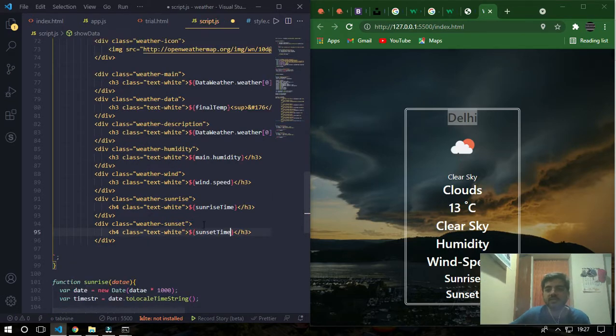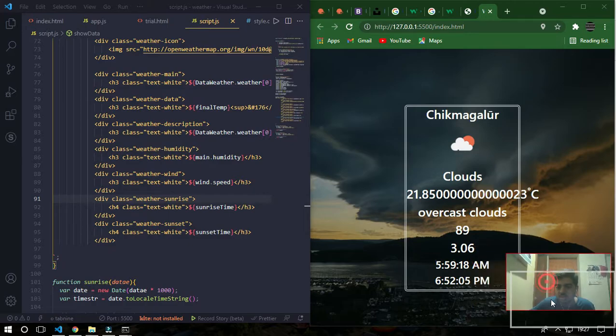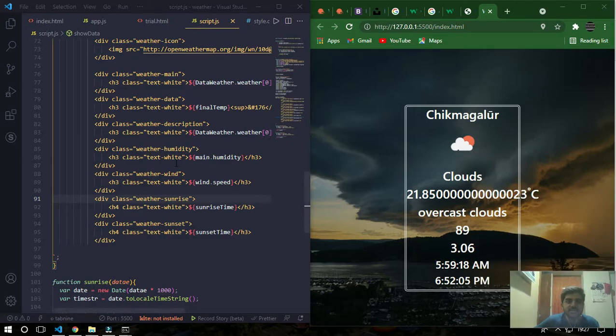Let me save and let me wait for the final data. Sorry. Whoa. You can just see that when I just saved the file script.js, everything got changed into this.